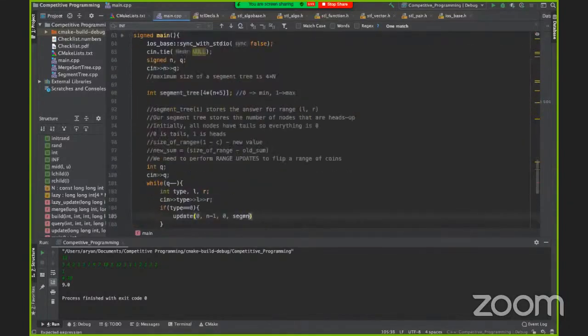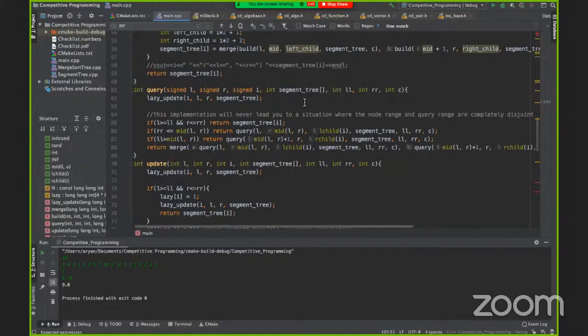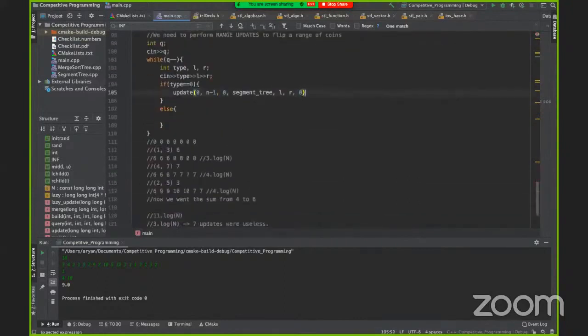segment tree, L R, and then C can be some random thing, doesn't matter. Okay, that's our update. Now for our query, similarly, we can just do cout query, 0, n minus 1, 0,